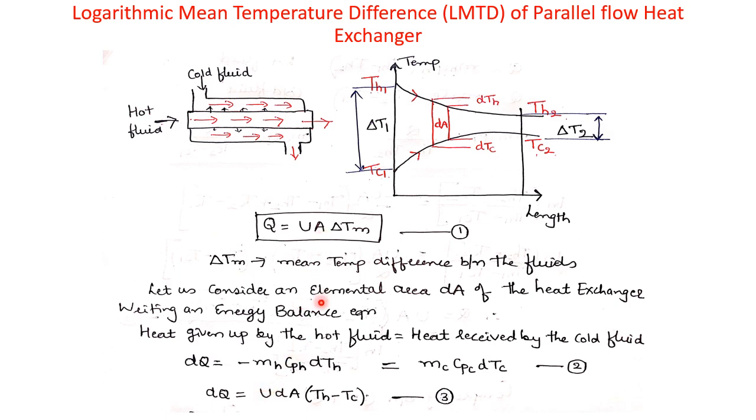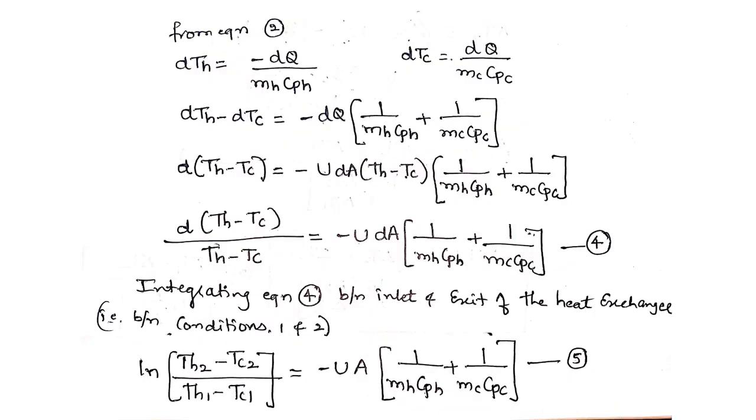So A is replaced here by dA, because I am considering only the elemental area dA, where the temperature difference between the hot fluid and the cold fluid is TH minus TC. Let me call this equation number 3, and the earlier one equation number 2. So now from equation 2, I can write